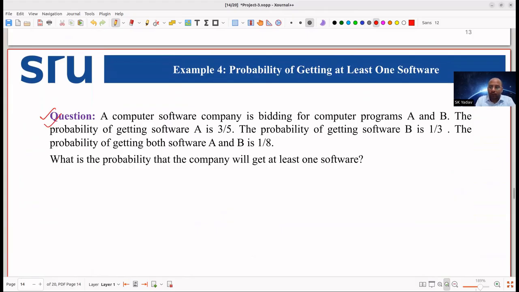So here, a computer software company is building computer programs A and B. The probability of getting software A is 3 by 5. The probability of getting software B is 1 by 3. And the probability of getting both is 1 by 8. So you have to find the probability that the company will get at least one software. So the given information is